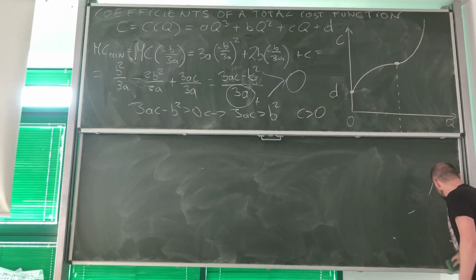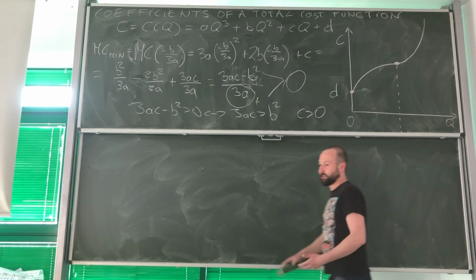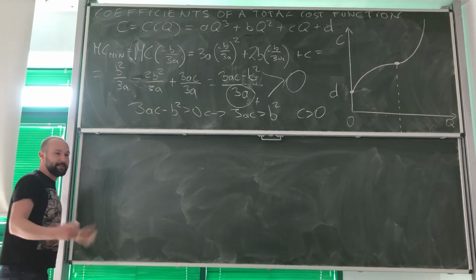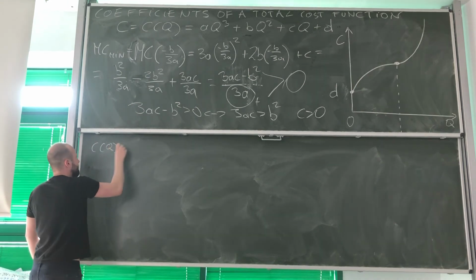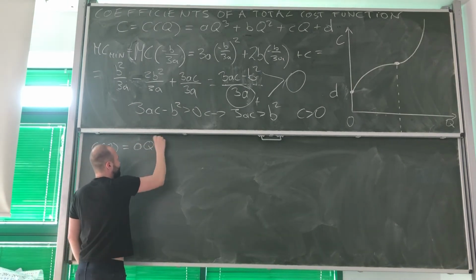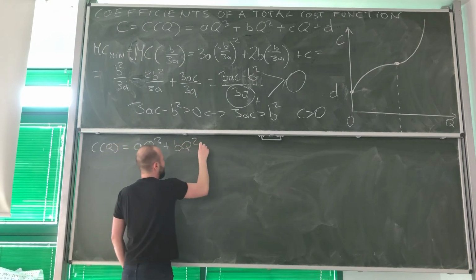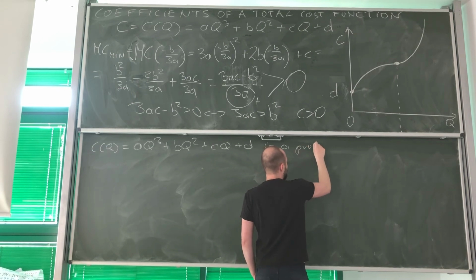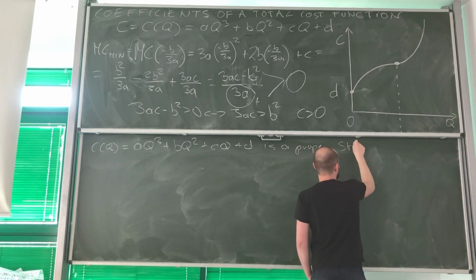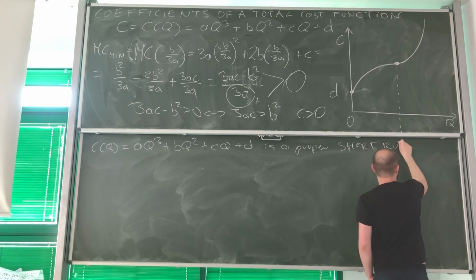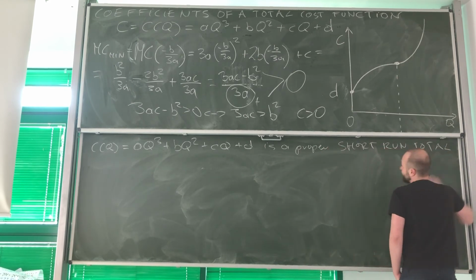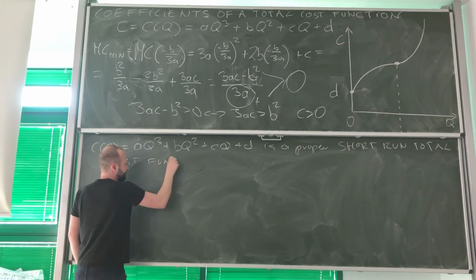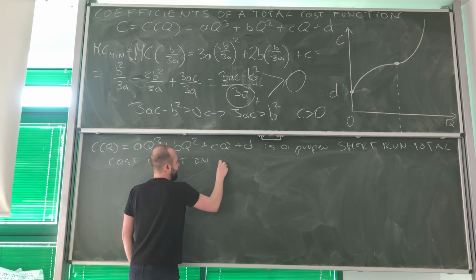Now we know all the restrictions that need to be imposed on the short run total cost function to be proper, so to work in tact with the predictions of economic theory. So look, we can write that C of Q equal to AQ to the power of 3 plus BQ squared plus CQ plus D is a proper short run total cost function if